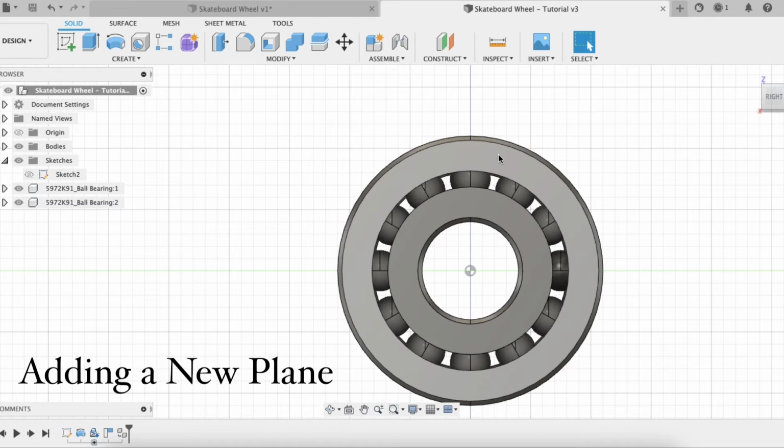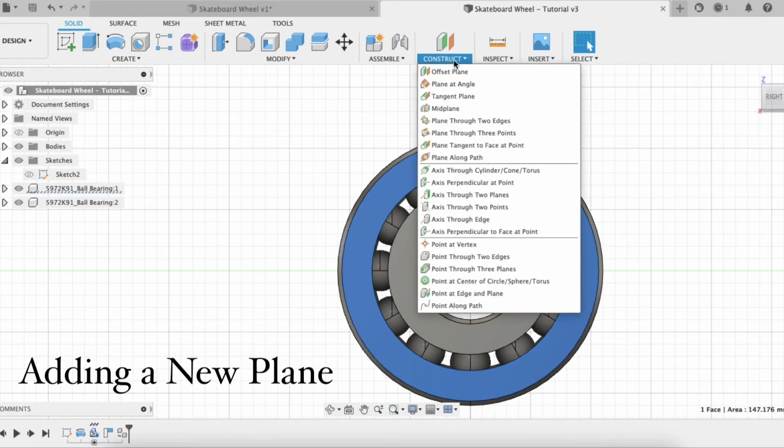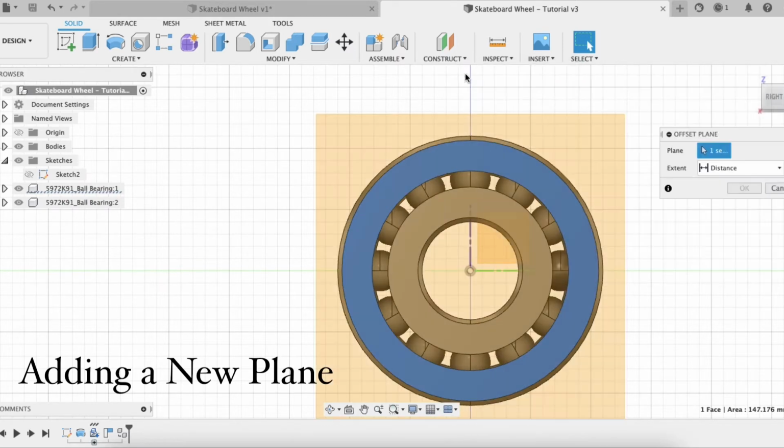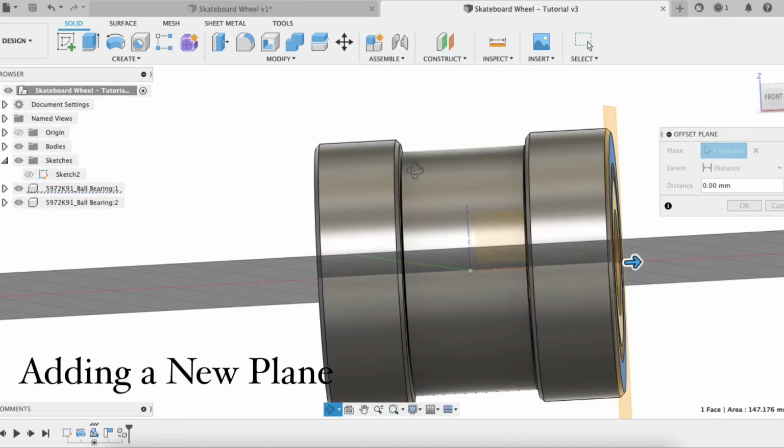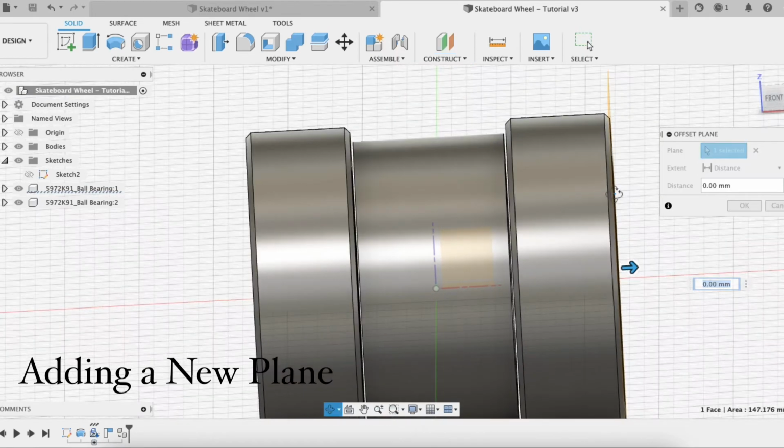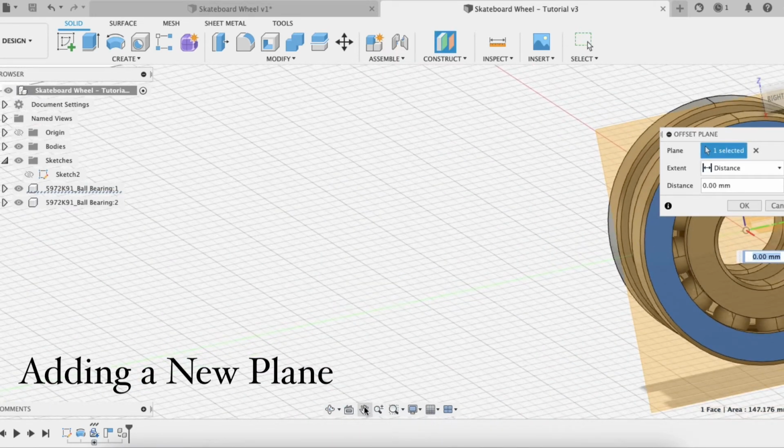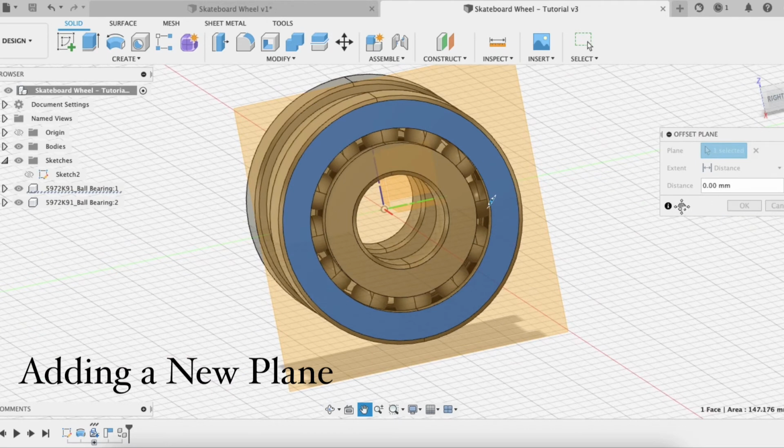I'm going to choose the right-hand side, and I'm just going to click on this face here and make it turn blue. Once it turns blue, I'm going to use my construction drop-down menu, and I'm going to do offset plane, and this is going to allow me to create a plane in space that I can then select and draw from. Now that I've selected this plane, we can do